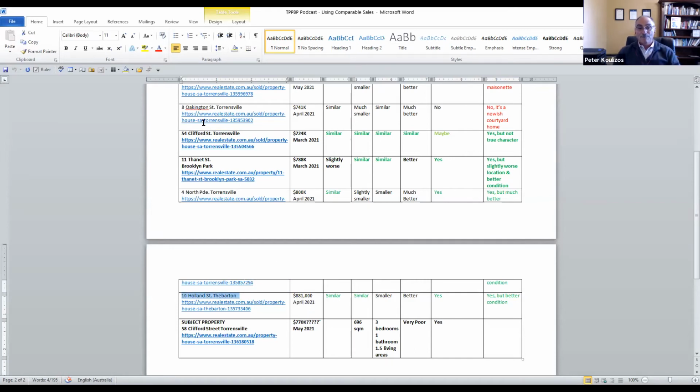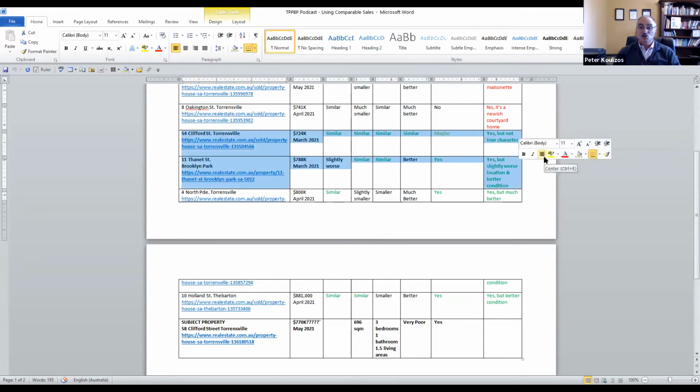I've highlighted these two, 54 Clifford Street and 11 Thanet, in bold, because I think they are the two most comparable. So in other words, I think this property is going to sell somewhere in between 724 and 788. And based on the fact that these sold 2 months ago,